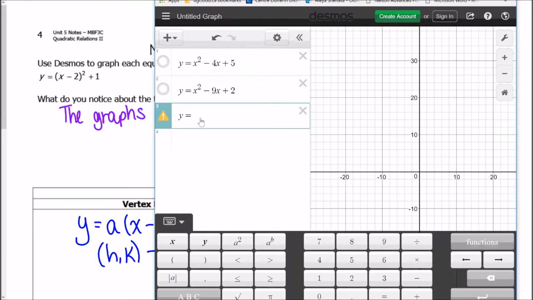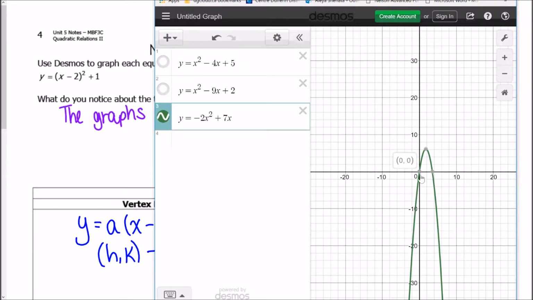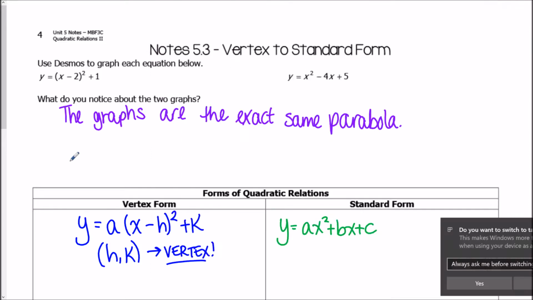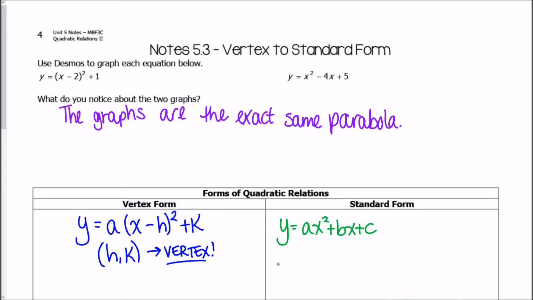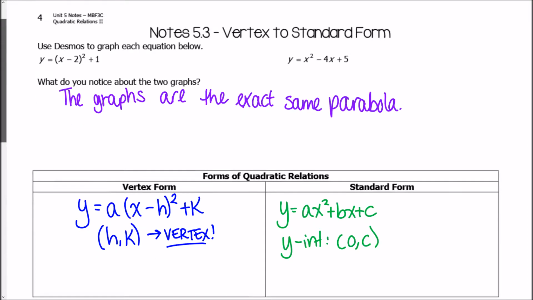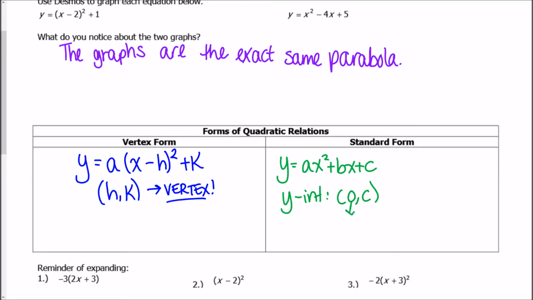If we have y equals negative 2x squared plus 7x, if you notice right here, the y-intercept is at 0, and our c value here is also 0. Okay, so one thing that's really important that the standard form tells us is that the y-intercept will happen at (0, c). And that should make sense to you because the y-intercept is always going to happen when x is 0. Okay, it will always happen. So write this down, always happens